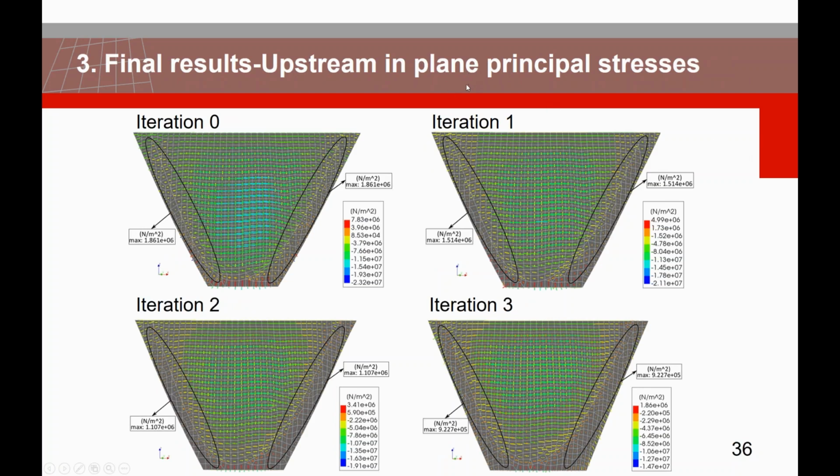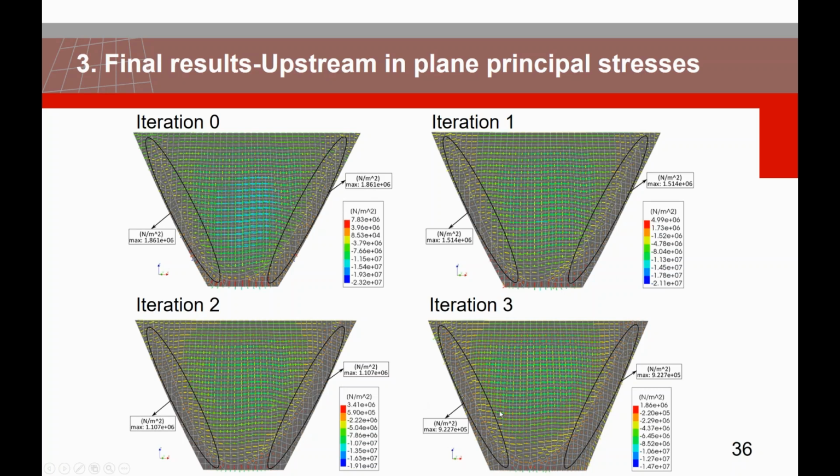And right now we see how we found the maximum tensile stresses for each one of these dams in the critical areas. These are the views for the in-plane principal stresses in the upstream phase. Here we see the circled areas we saw from before, and here we found every time the maximum tensile in-plane stress. We're starting with around 1.9 megapascal. We drove to 1.5, and in the end we are below 1 megapascal, which is the stress